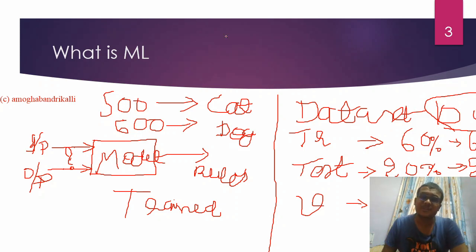Let me give you an example. Consider you are living in Davangere. In Davangere you have learnt how to search for new cities, new crosses, how to speak with the people, how to grasp new areas, and how to adjust to a new environment. So this is the scenario for Davangere. You have been trained for how to live in one city, Davangere. If you are moving to Bangalore, this is called